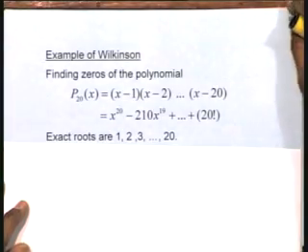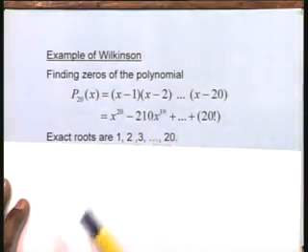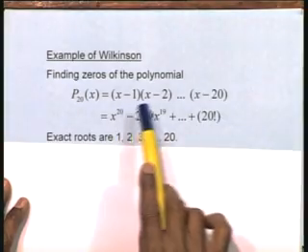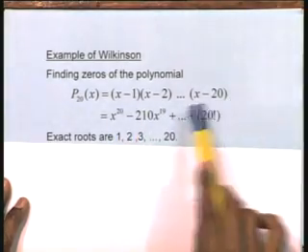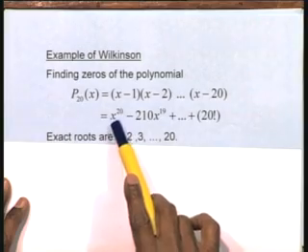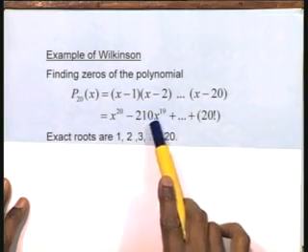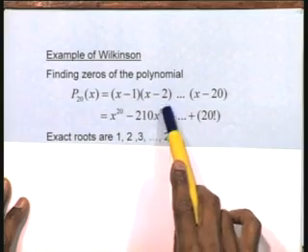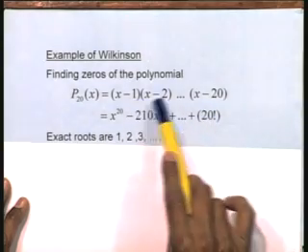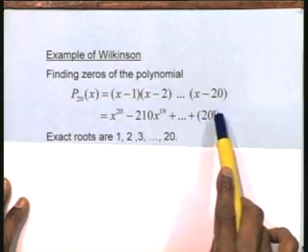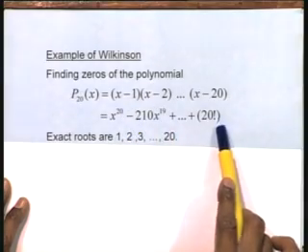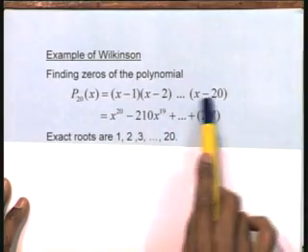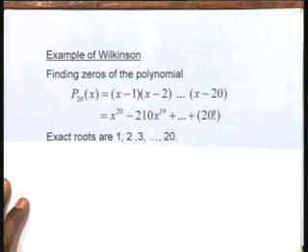Now let me take a very famous example called the example of Wilkinson. It is finding the zeros of this polynomial. He has just taken the product of (x minus 1)(x minus 2)...(x minus 20). If I expand it out, this will give you x to the power of 20 minus 210, that is the sum of 1 plus 2 plus 3 up to 20, times x to the power of 19, and so on, and the constant is 1 into 2 into ... into 20, that is factorial 20. So this is the polynomial that we will have. We know its exact roots are 1, 2, 3, up to 20.